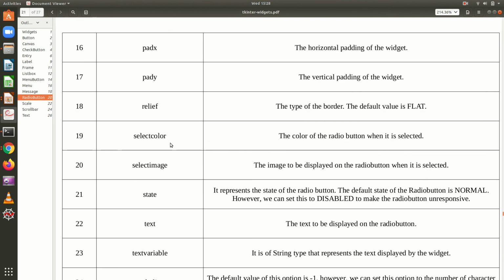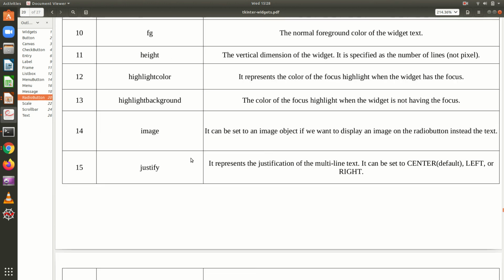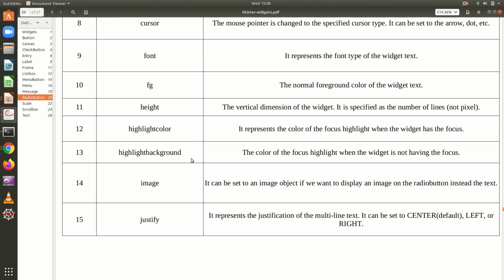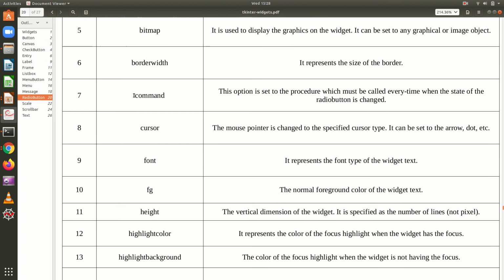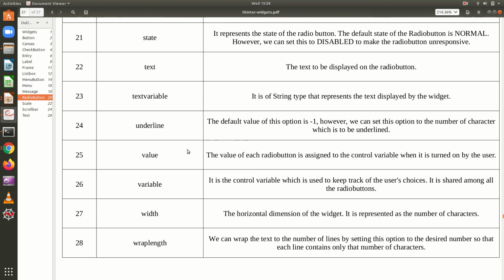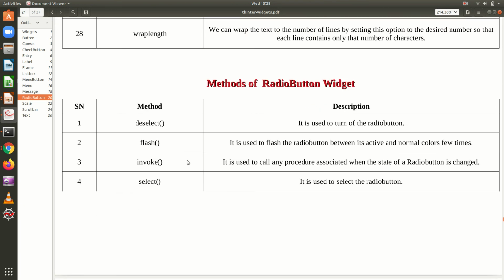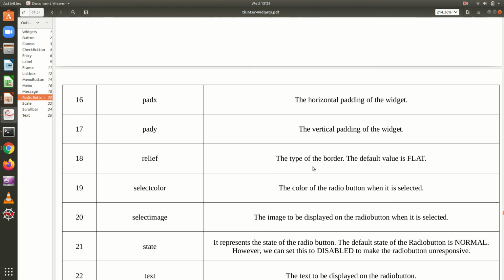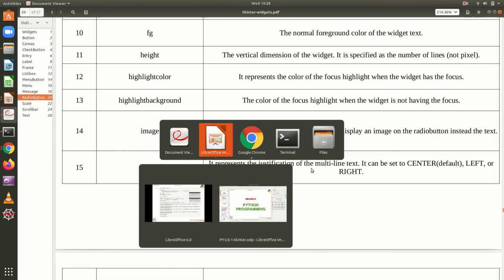In the command option we will specify a particular function, so that the function will be executed whenever you select an option. If this function is to be invoked automatically during the execution of the program, you can use the invoke method, and if you want to select the radio button, you can use the select method also, right? So these are some of the options and methods available in the radio button widget.